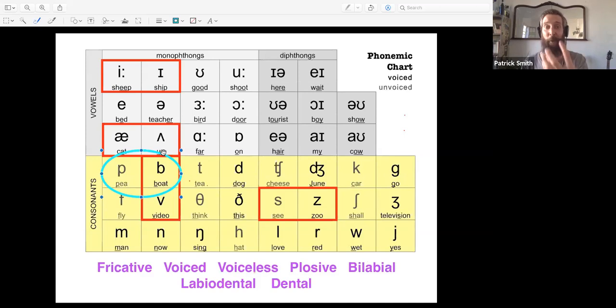And then you have to make the sound. And if you feel a vibration, it means your vocal cords are vibrating and it's a voiced consonant. So if you make a b sound, like boat, you should feel a little vibration there. And if you make a p sound, like pastry, you shouldn't feel any vibration from the p. So p, I'm getting no vibration, and then b, I'm getting a vibration because it comes from the larynx. Sometimes we call it the larynx or the voice box, the Adam's apple. It's got a few different names, but inside that you've got the vocal cords, and when they vibrate, they make